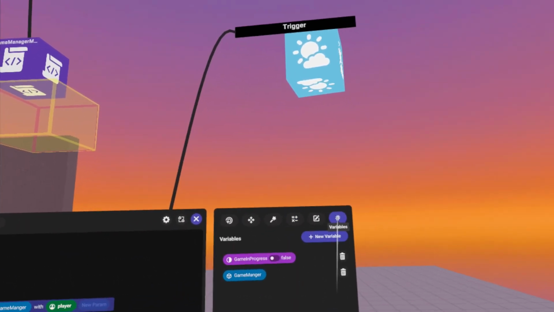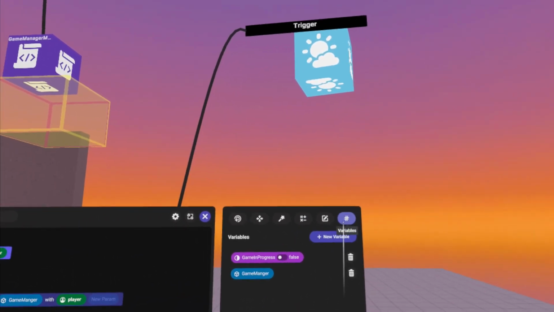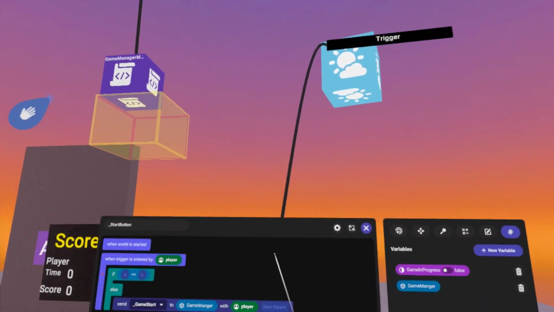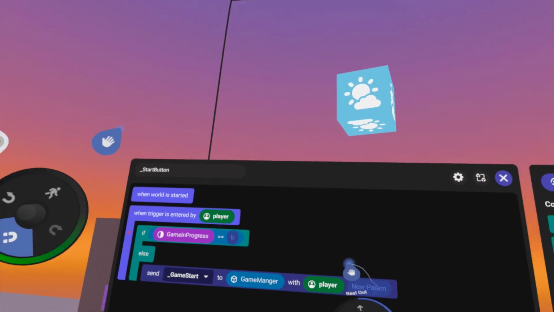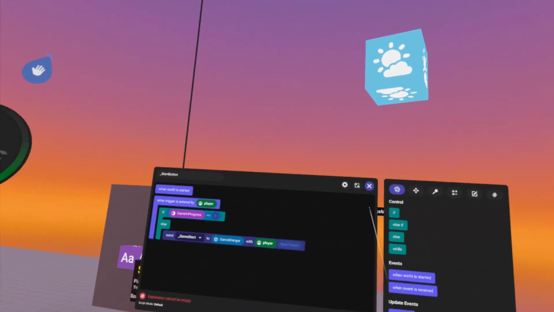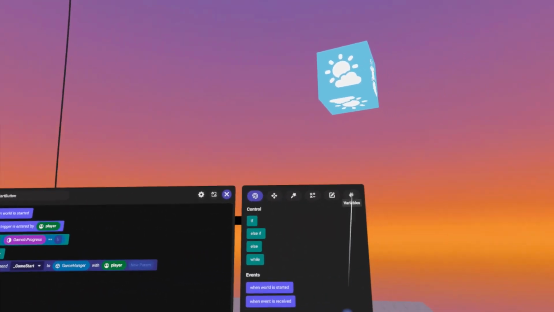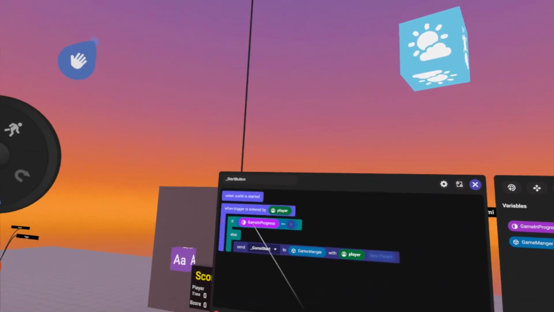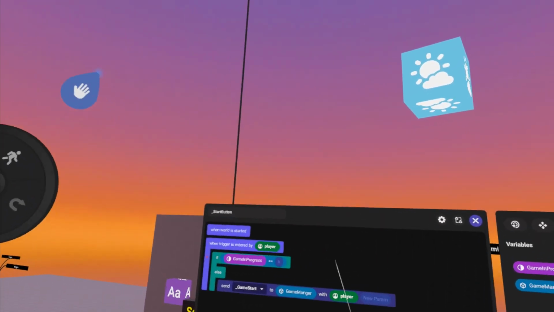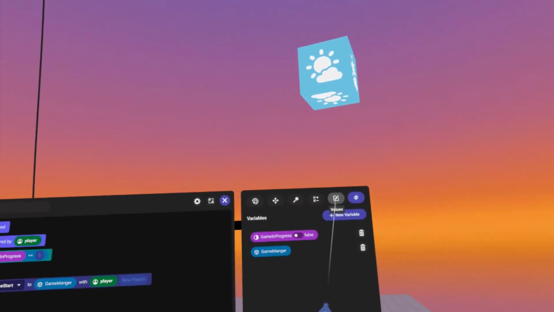So on the A slot, we're going to put the variable. Go to the variables tab, grab the game in progress. On the left side, on the A of that double equal sign, we're going to put the game in progress variable. So go to the variables tab, grab that, sneak it into the A. And then in the B slot, we're going to go to the values